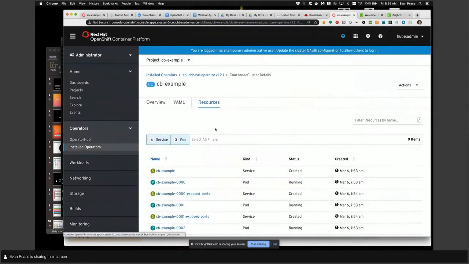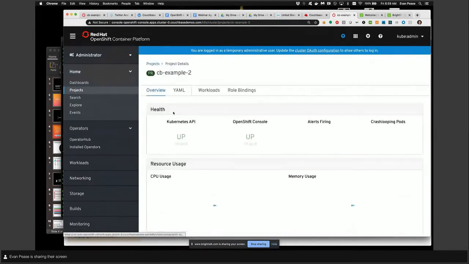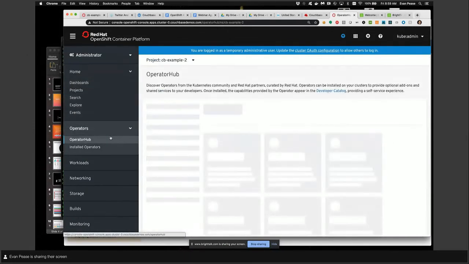Now, I've already gone ahead and done this because it does take a few minutes for a cluster to get fully up and running, and I don't want to delay the demo. So I went ahead and did that ahead of time. But I think what I can do is show you what that process looks like, even if we don't actually execute it. So I'm going to go into a project. We are in the Operator Hub catalog. So if you go to Operator Hub with an OpenShift